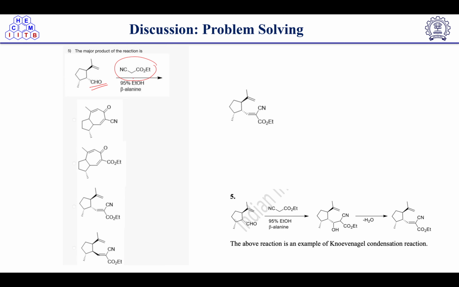I will write the mechanism for you. So here negative charge will come here because this proton is more acidic. It is stabilized by both ester and nitrile group. So this enolate will attack on a carbonyl carbon of aldehyde, right? So if we write aldehyde by opening it,